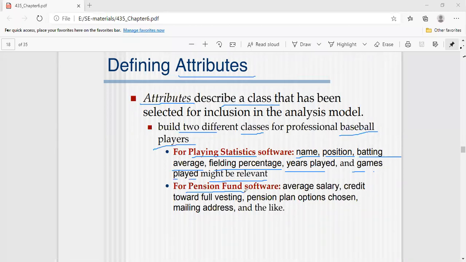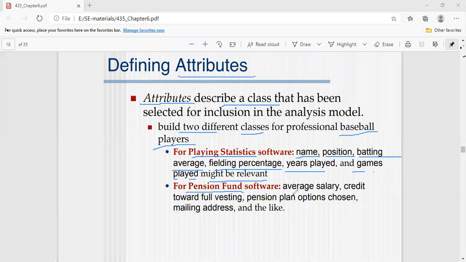That is our motive to develop such operations, so how are we going to take the attributes for the pension fund class?